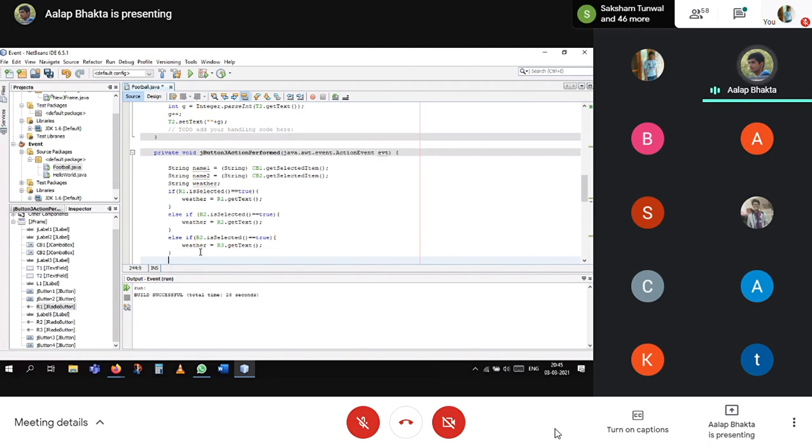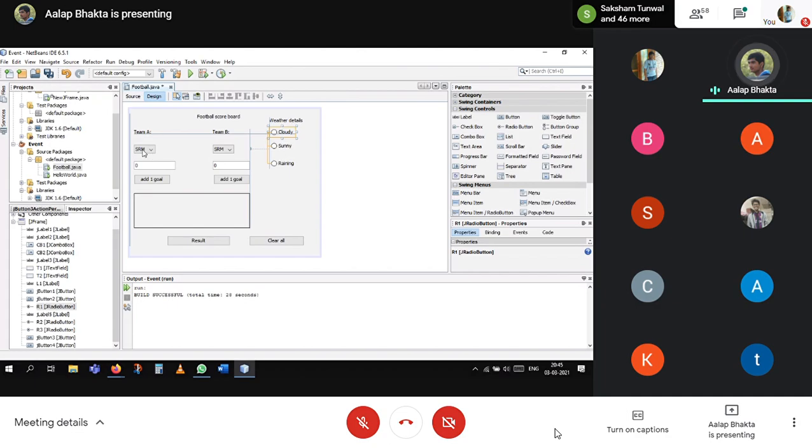Okay, so we have got the input for the team A name, team B name, and the weather details. Now we need to get the final score of both teams from the text fields.